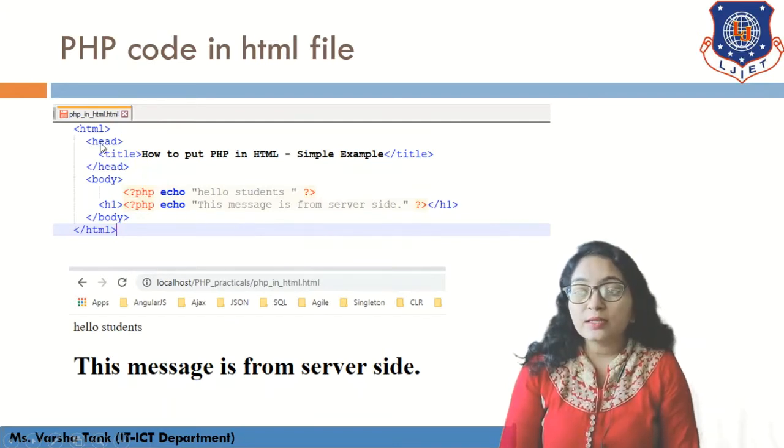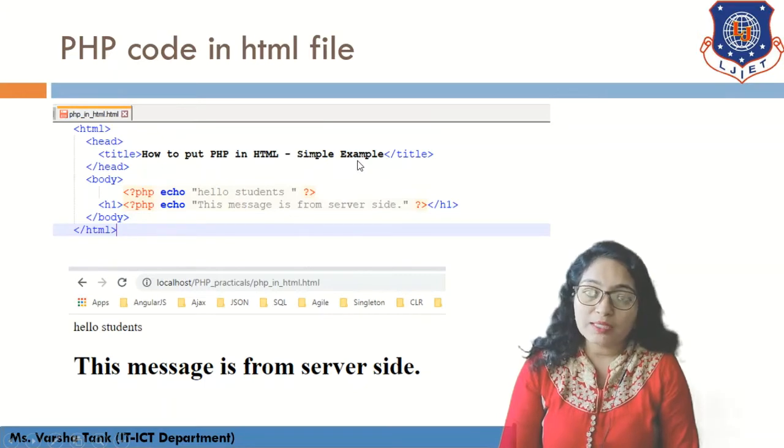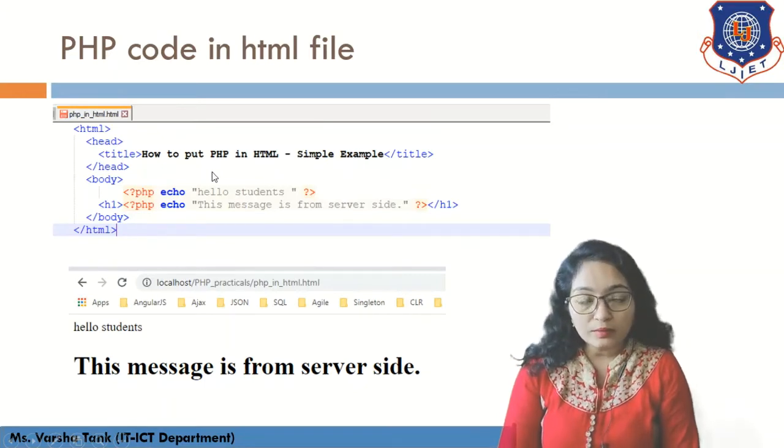So here it is written HTML, then the head portion, then in the title it is written how to put PHP in HTML, a simple example. This will be displayed as the title of your web document, and in the body section we have written echo hello student.